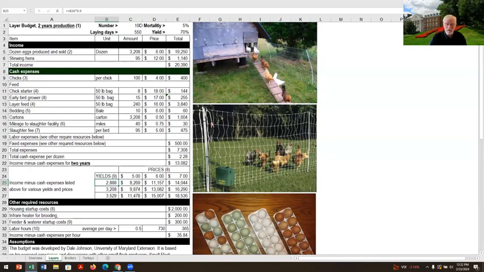Now, if you have 200 hens or 300 or 400 hens, usually the time doesn't go up linearly. I mean, if you have 400 hens, it doesn't take 2 hours a day. If you have 400 hens, it probably only takes an hour or an hour and a half a day. Okay. So you need to be thinking about that. There's economies of scale in labor. All right. If you have more hens, those few extra hens don't take you that much longer to do.